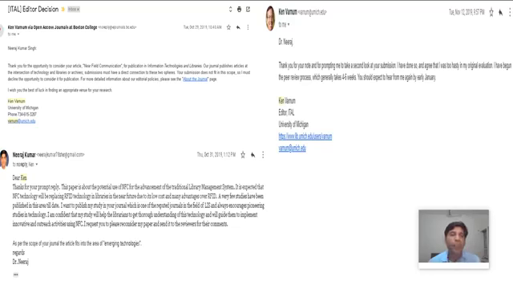Recently, I submitted my research paper to one of the journals indexed by Scopus. Once I had submitted the research paper without the cover note, I received a reply within 2 days from the editor. In his reply, he said that your paper is not a fit as per the aim and scope of the journal, so we are rejecting your paper. Then after this, I wrote a cover note along with my original manuscript to the editor, and that basically forced the editor to take another look at my paper.